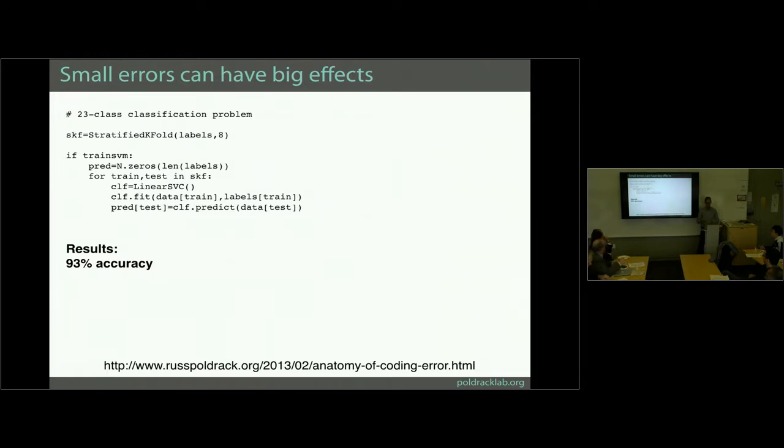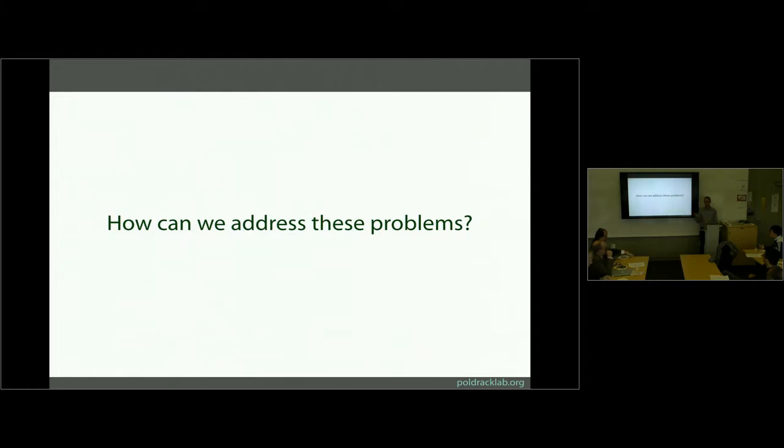Then my postdoc, then a grad student, Sanmi Koyejo, took a look at the code, and he said, oh, you made a mistake. It turned out that I stupidly forgot to put a little index in here. And it turned out I was classifying individuals rather than classifying the tasks that they were doing. So we were still well above chance, but way below that 93% because of this tiny little coding error.